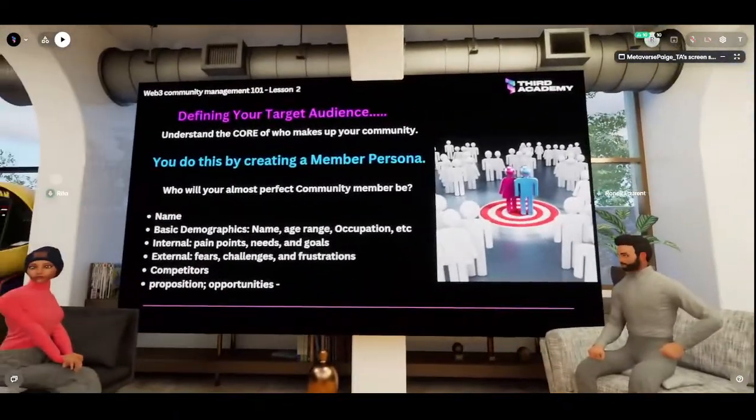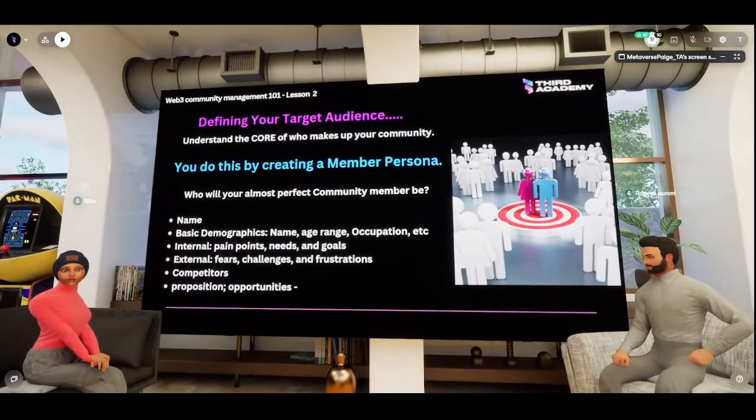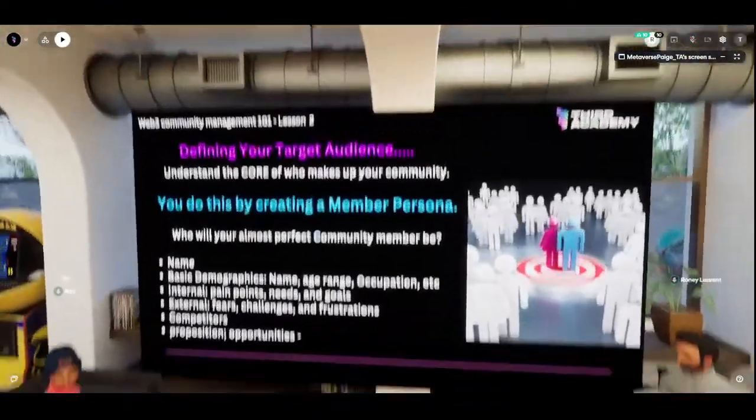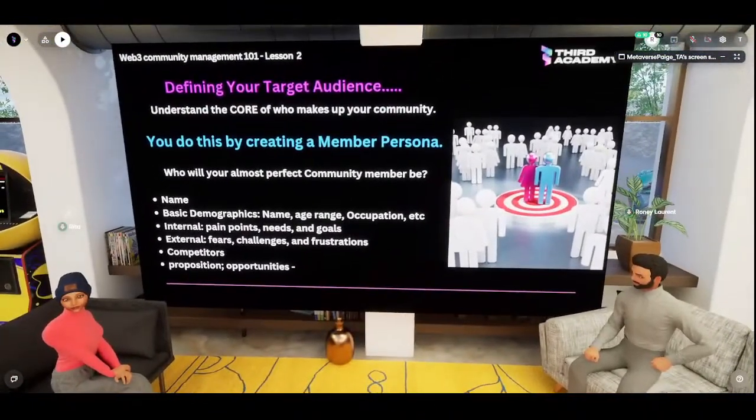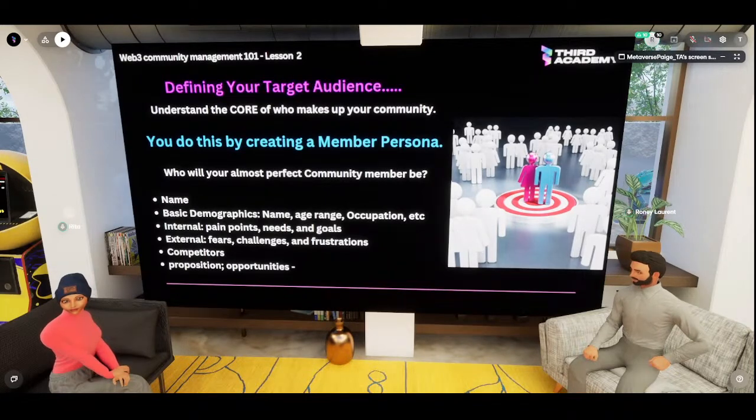And then who are the competitors, right? My competitors in this case would be other Web3 educational platforms that are offering Web3 courses. And then what would my proposition be? I'm taking time to go through this because it's very important and it would help you know the kind of content to create for your members.